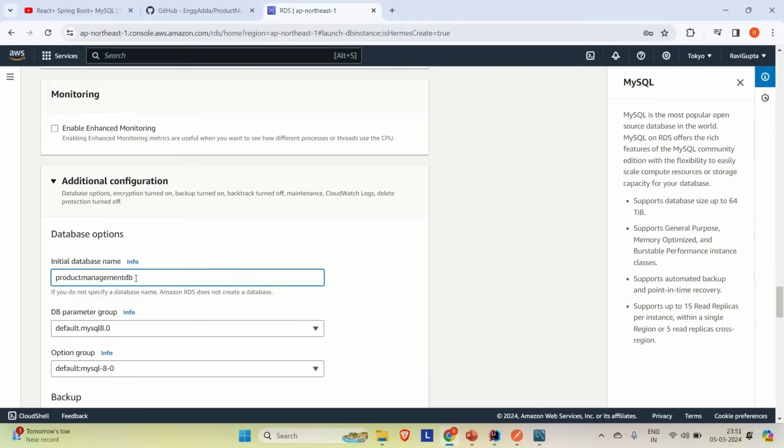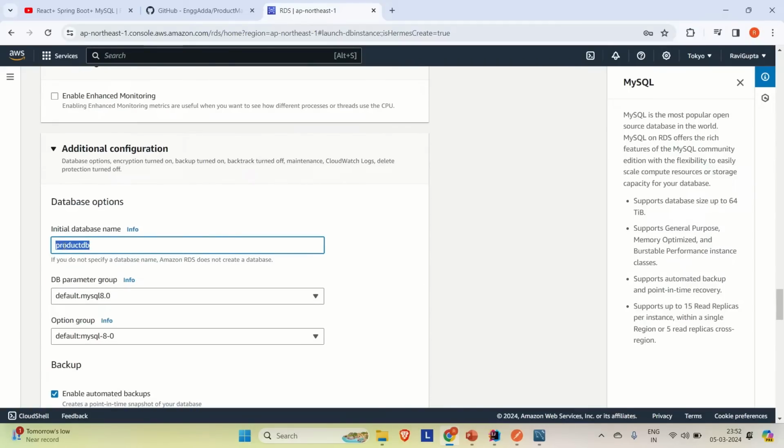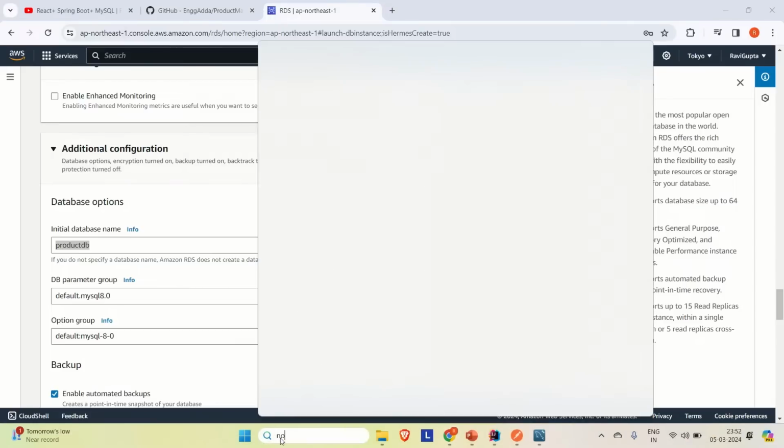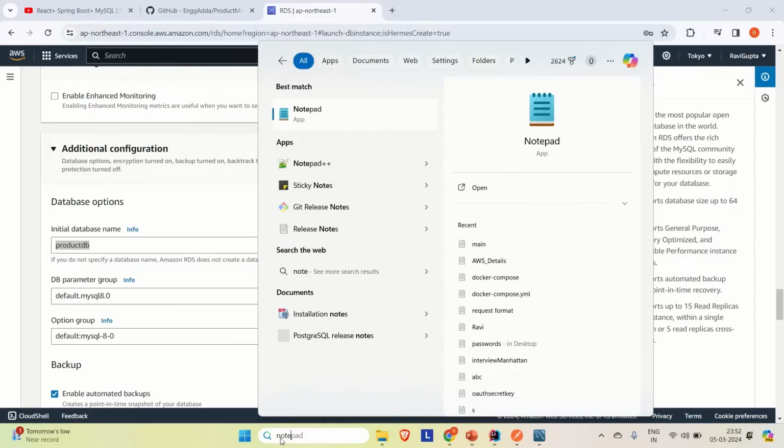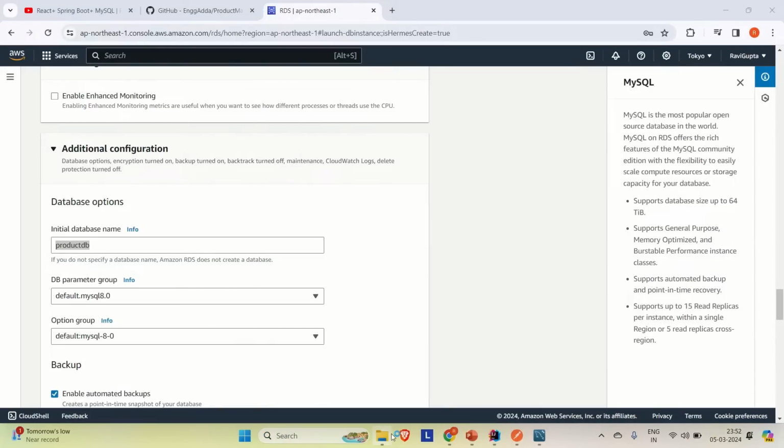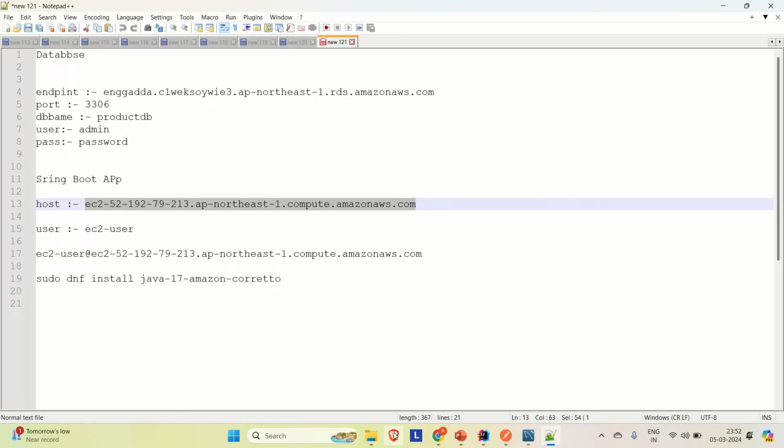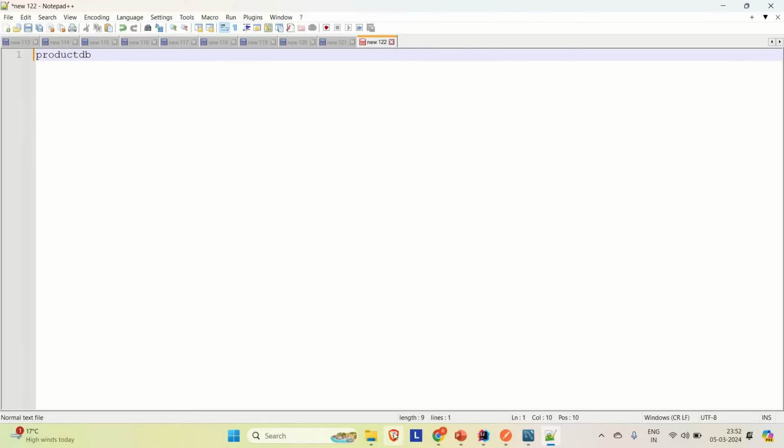Or if you want, let me try to provide the database name as product DB. But make sure you remember these things. So product DB is the database name. Let me copy this somewhere. So just open a notepad. I'm going to copy the database name as well as the other details, like this is the DB name